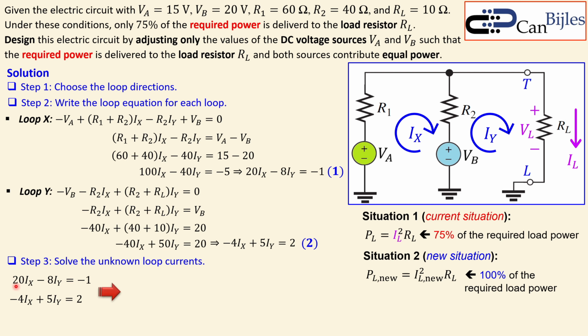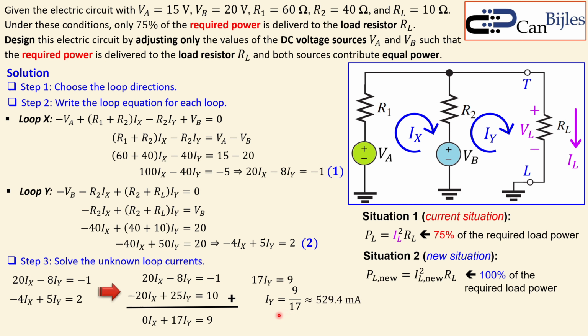Then I get the following. Why? Because I want the iy that is related to iL, and that is the load current. So I keep the first equation as it is, and the second equation I multiply by 5. So you get minus 20 ix plus 25 iy is equal to 10. Now I add them up and then I lose my ix, that's gone. This will be 17 times iy equal to 9, so minus 1 plus 10 will be 9. So if I now work this out, it will be 17 iy is equal to 9. So iy will be 9 over 17, approximately